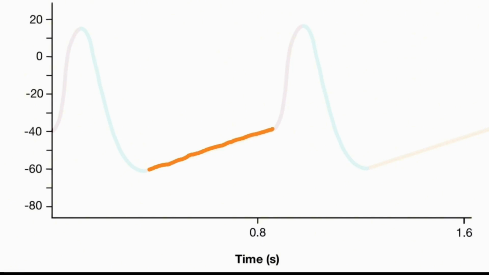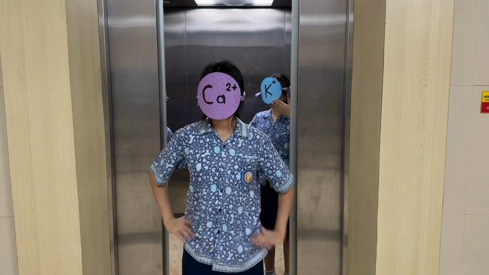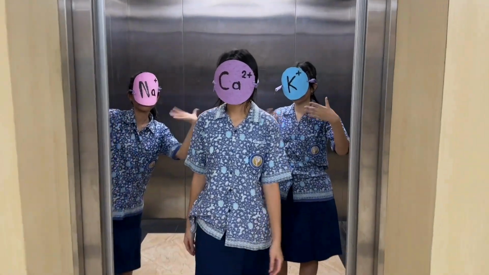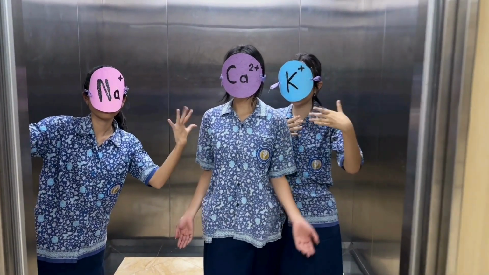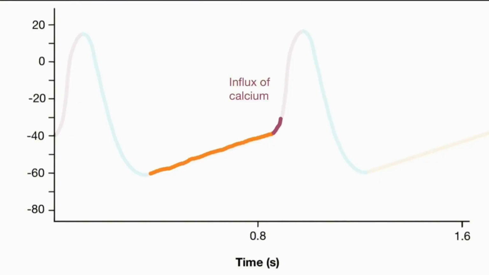And once it reaches minus 40 millivolts, it opens calcium voltage-gated channels that will make calcium ions rush inside, making the membrane potential become more positive, which we call depolarization of the ventricles. As calcium has a positive 2 charge, the increase in membrane potential will be much steeper than when sodium ions join in. Calcium ions will join in until the membrane potential reaches plus 10 millivolts, where it will